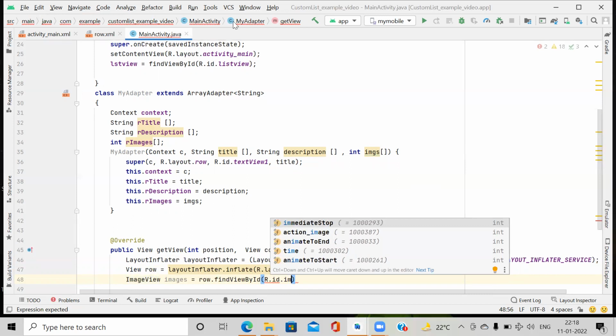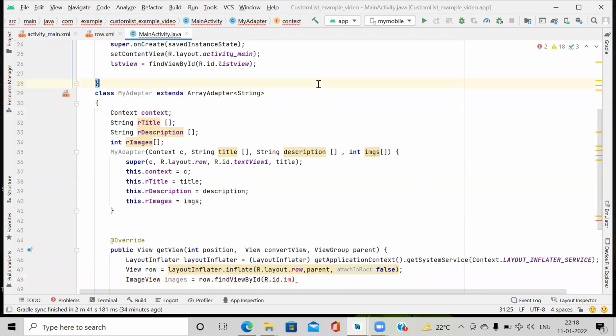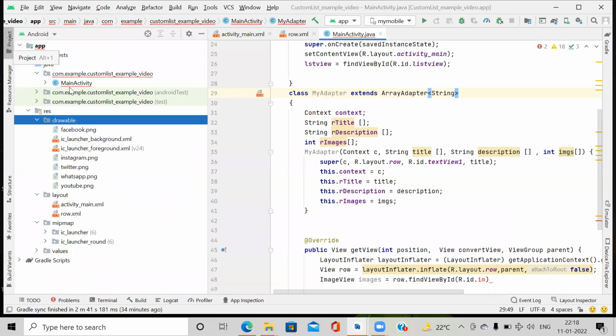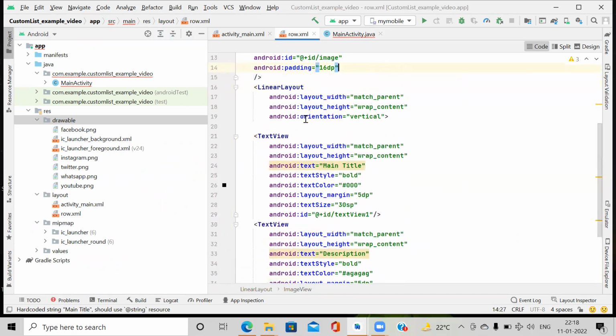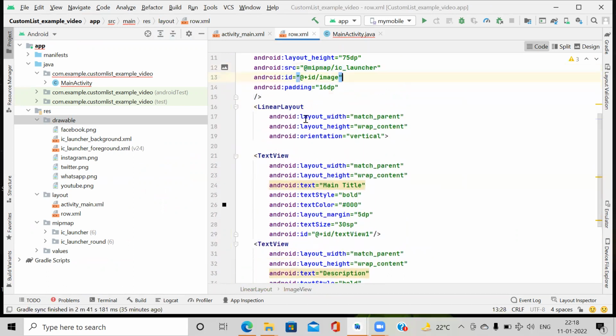Let's check in the row. Here it is. The id of image is @+id/image.